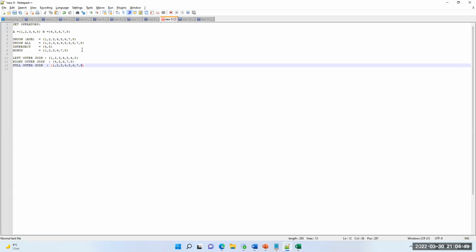For understanding purposes I mentioned it, but ideally we will not get 4, 5 and again 4, 5. Here in the right outer join also, 4, 5 are the matching records and 6, 7, 8 come from the B set. 1, 2, 3 are skipped here. You understand, right? Full outer join is the same thing: 1, 2, 3, 4, 5, 6, 7, 8, because matching records will not return 2 times. Only the matching set will return. That's all.